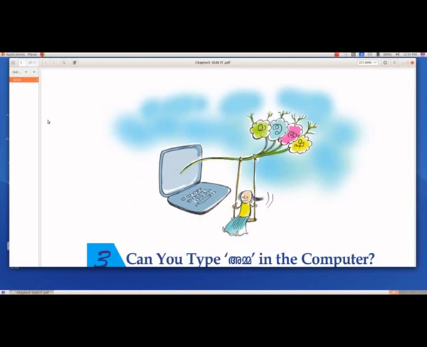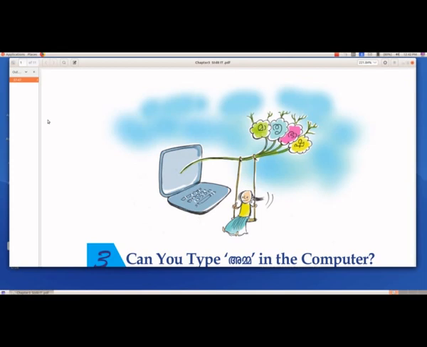Then we will see how we can use the combination of letters and symbols to form different letters such as ka, ke, ko, kai, etc. How to type illaksharangal such as ir, in, il, in, il. How to type sahla and software. Then we will do the activity given in 3.2.